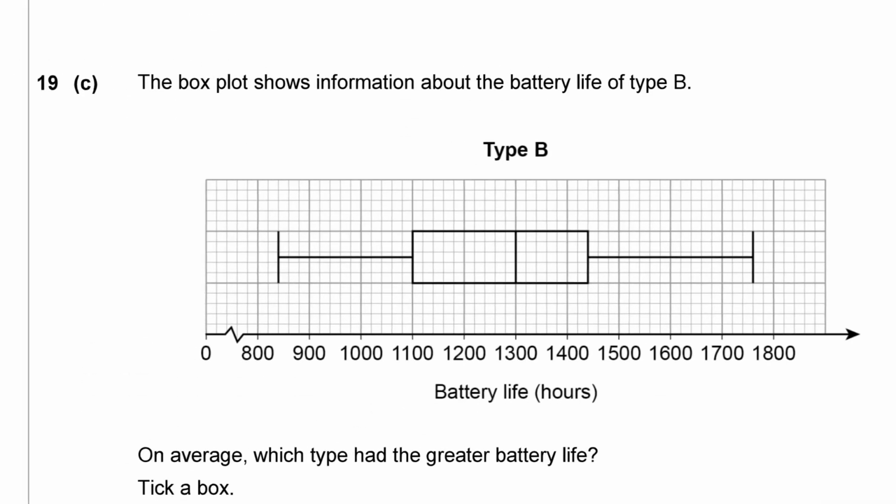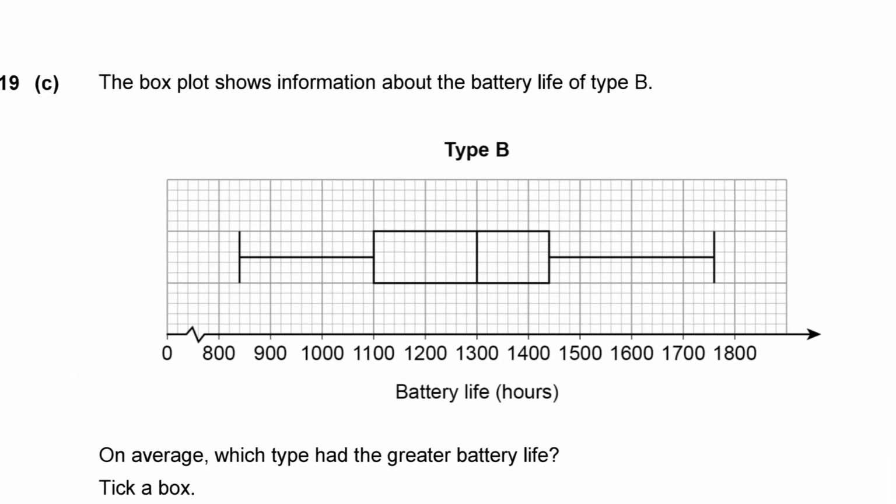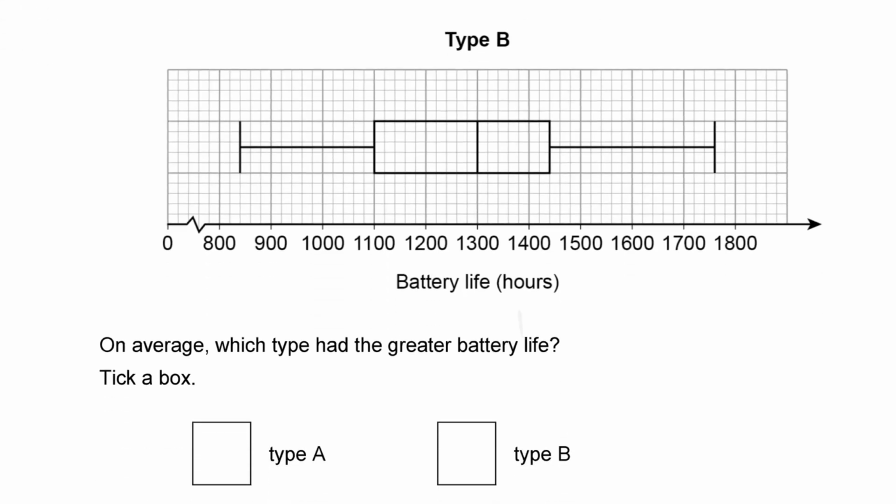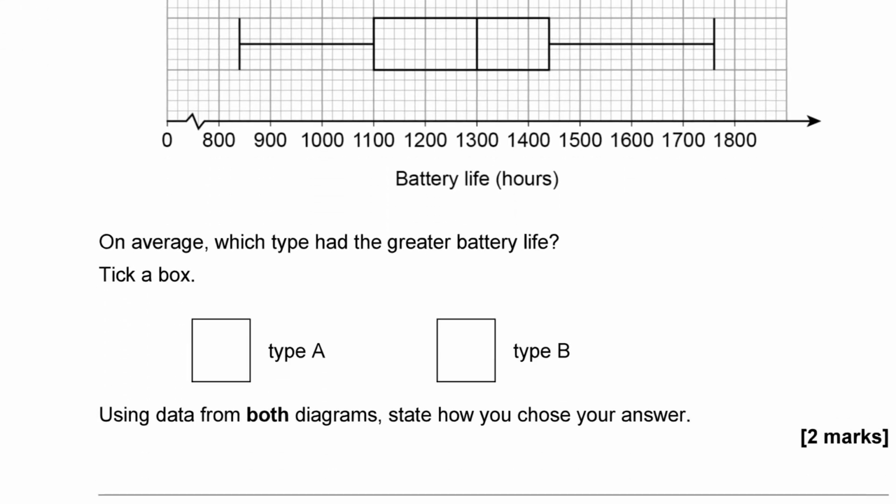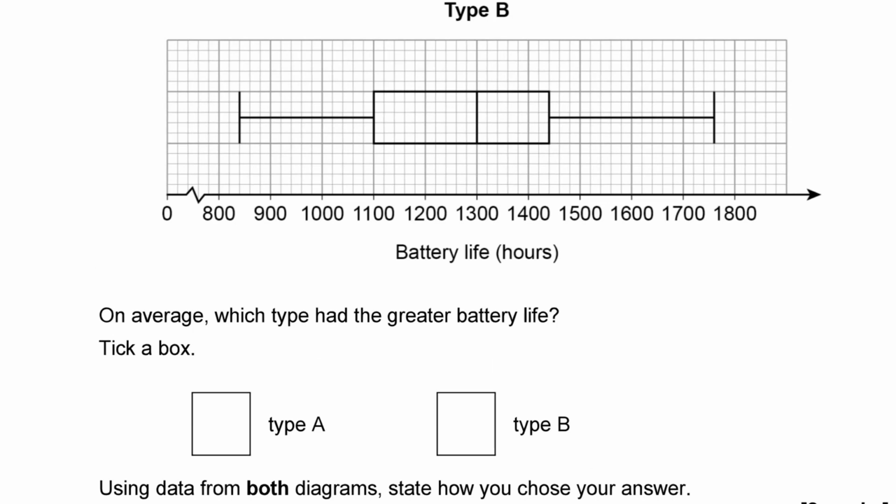Okay, now part C says the box plot shows information about battery life of type B. On average, which type had the greater battery life? Tick the box. Well, the greatest battery life is going to be given by the median here, I suppose. So it's like the average life expectancy. So here the median is the Q2 value. It's the one in the middle of your box plot,